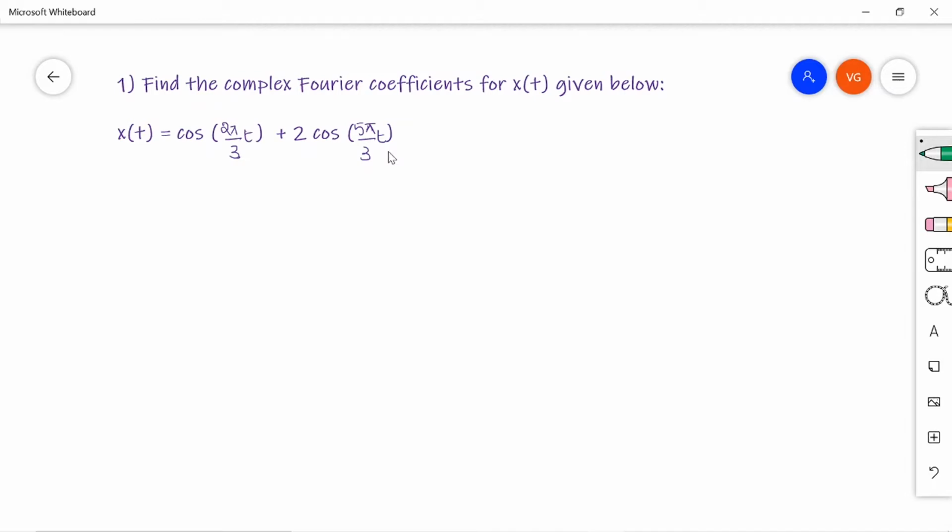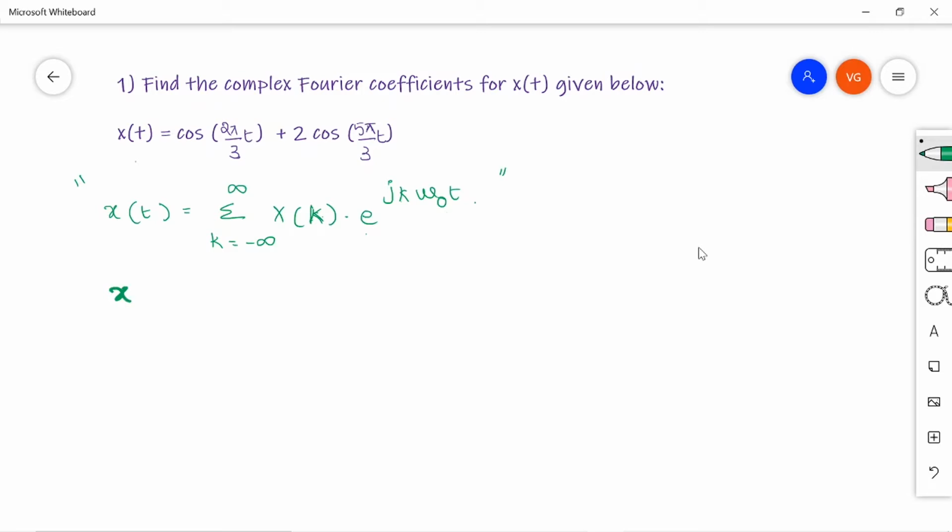So for this signal, to find out the Fourier coefficients, we need to write this x of t in the form sigma k running from minus infinity to infinity x of k e power jk omega naught t, right? So this is the formula. We need to write down the given x of t in this format of e power jk omega naught t, where x of k are the coefficients, that is the required Fourier coefficients.